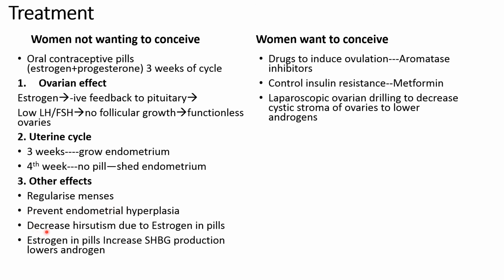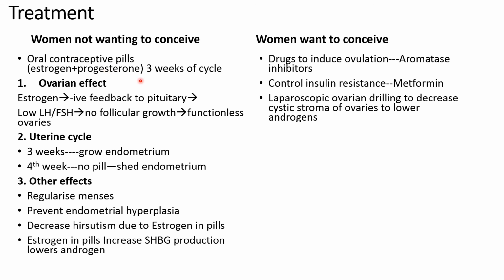And then it would decrease hirsutism because estrogen is present in the pills. Estrogen in pills also increases sex hormone binding globulin, which would lower androgens because androgen would bind with sex hormone binding globulin. So these effects would bring the ovaries back to their normal cycle and the uterine walls to normal function. So these pills would be given for a longer time. If the women don't want to conceive, they would be given for a year, for 6 months or more,